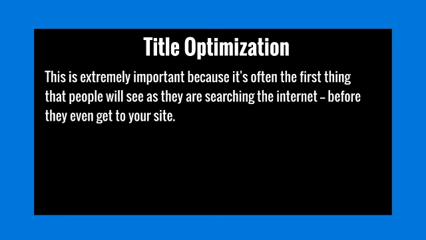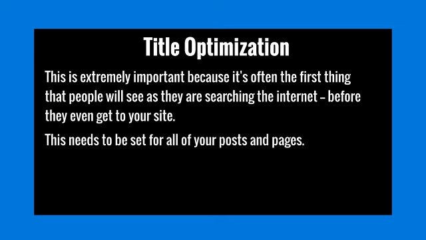Based on the media in general, they're all going to have titles. So having the right titles is important. Like I said, this is extremely important because that's the first thing that they're going to see. And you're going to want to make sure that you're ranking on the keyword that is in the title. And then, of course, when they get to the page, you want to make sure that the content fits the title. So you want to be congruent all the way. The more that you're congruent, they're going to get what they typed in. They're going to trust you, and then they're likely to take action if that is the case.